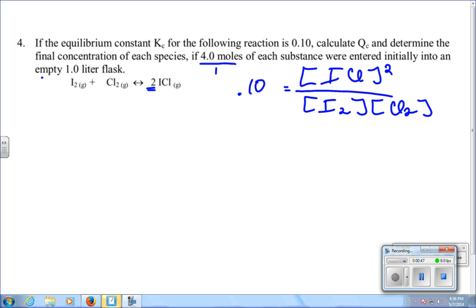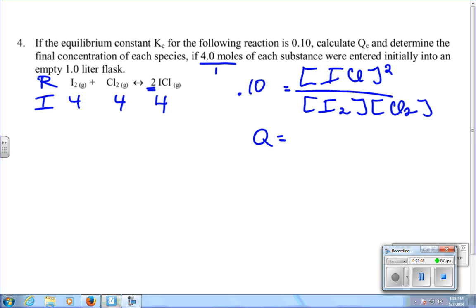So I'm just going to go ahead and make a RICE table. I know initially 4 moles per 1 liter is 4 molarity. So I have 4 molarity of each species. So if I plug that in and solve for Q, so I know that Q is